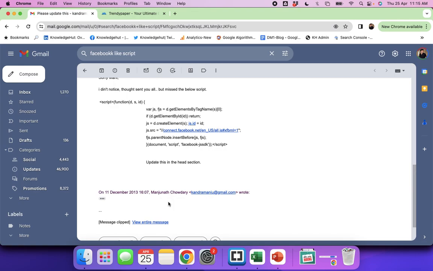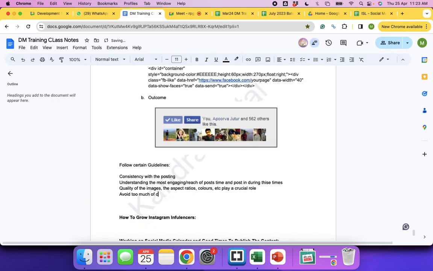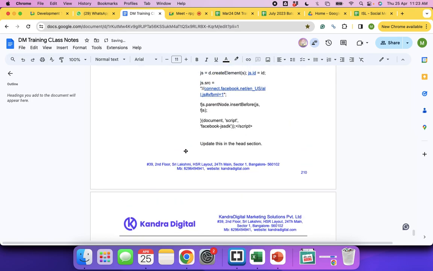Quality of the images, the aspect ratio. Avoid too much text on the post. Avoid promotional content on the post.